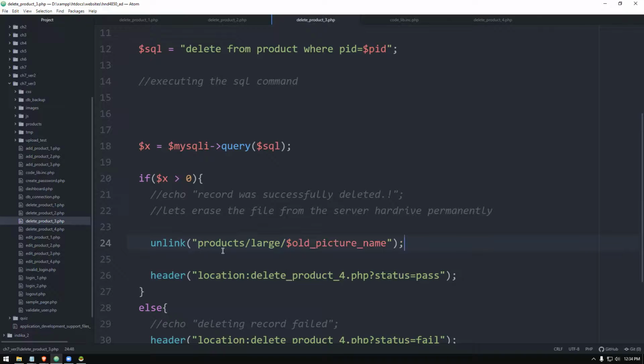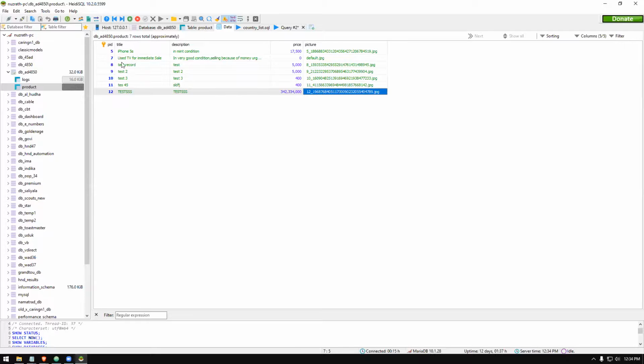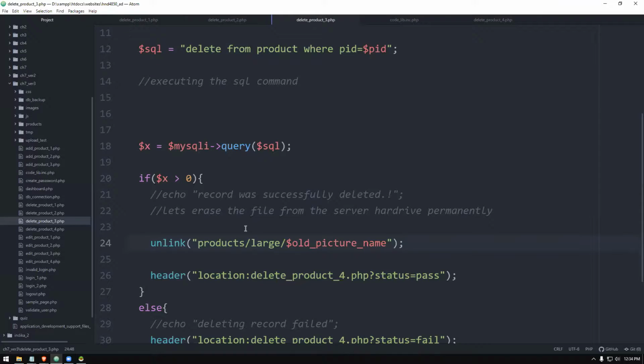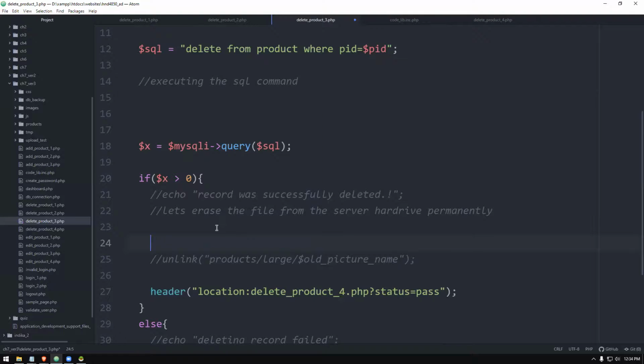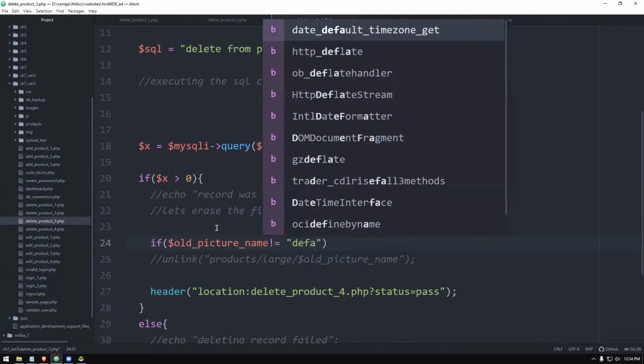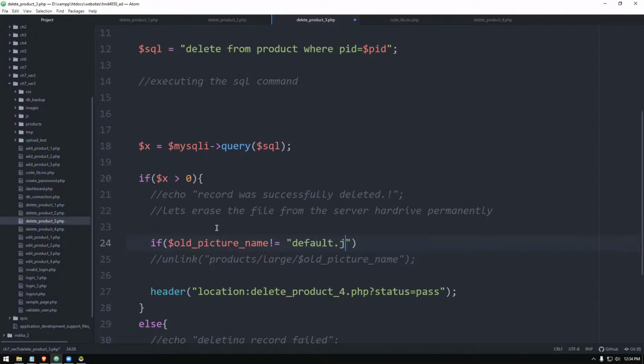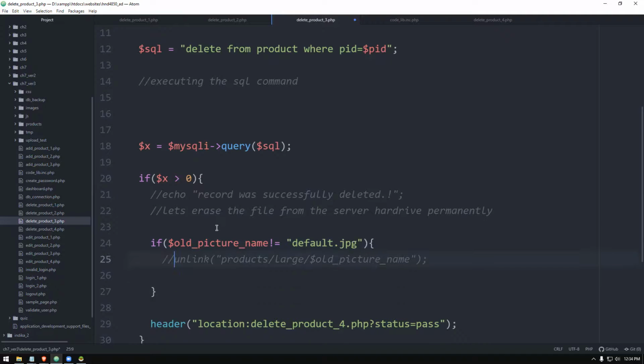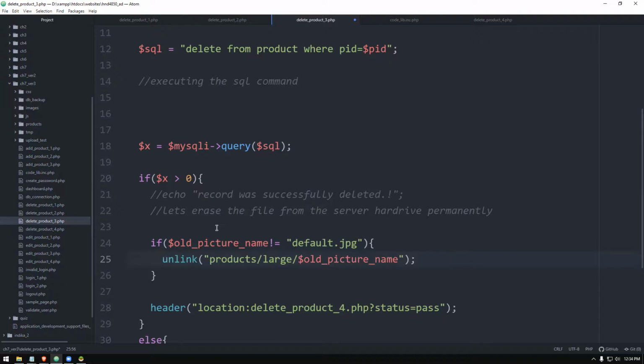If you do it like this, what's going to happen is, if the record number is 7, which means the file name is default.jpg, that will also be erased. So before we execute the unlink command, we will write an if condition: if old picture name is not equal to default.jpg, then without a problem we can delete the file.